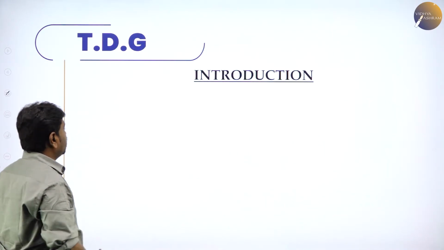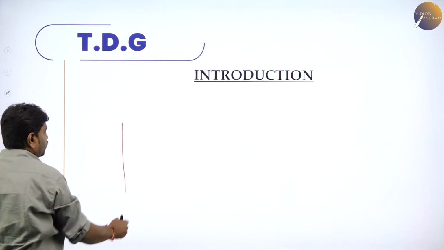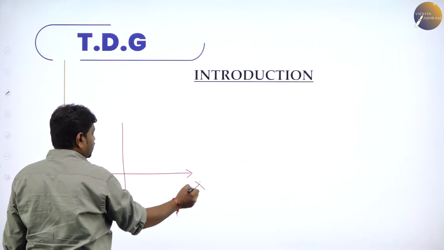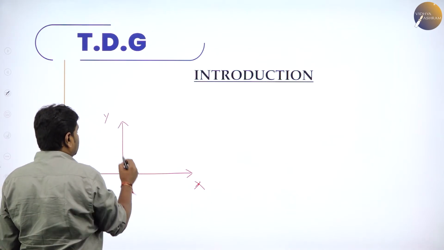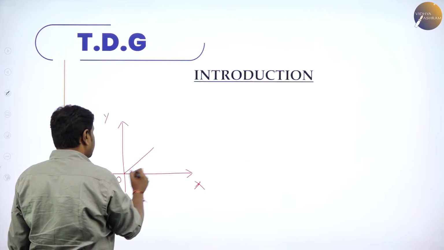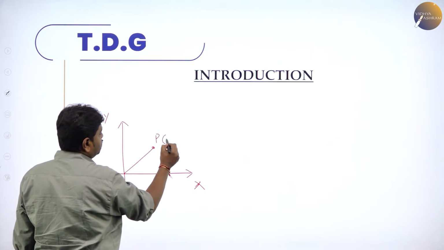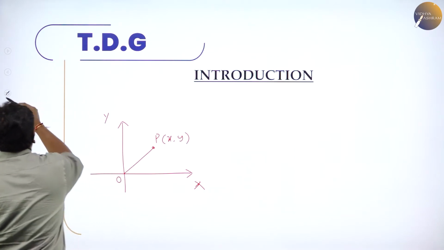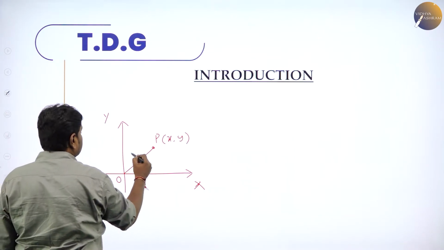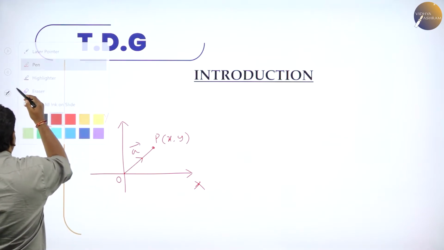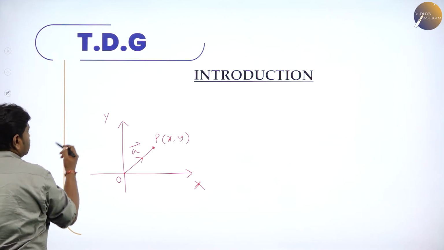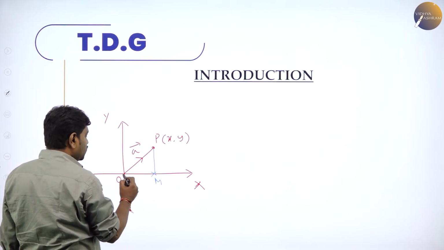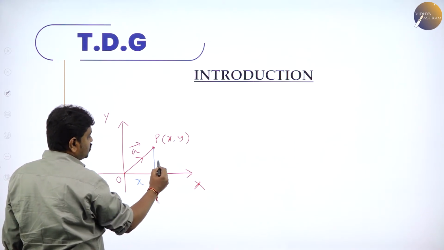Here, to understand this better, we'll take a two-dimensional structure. So I'll take only x-axis and y-axis, and I'll consider a point P. Now I have a vector A, which is OP. Now I'll do extra construction. I'll draw a perpendicular to the x-axis at M. You know this OM is x and PM is y.